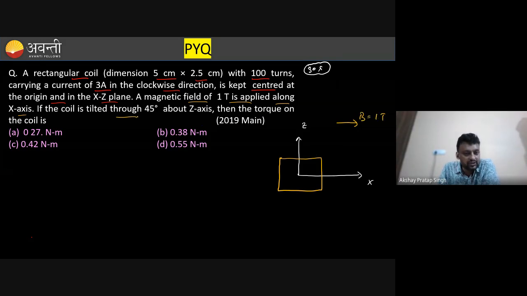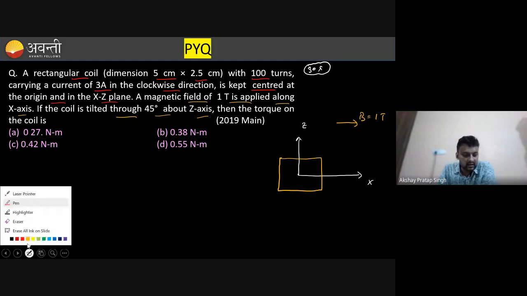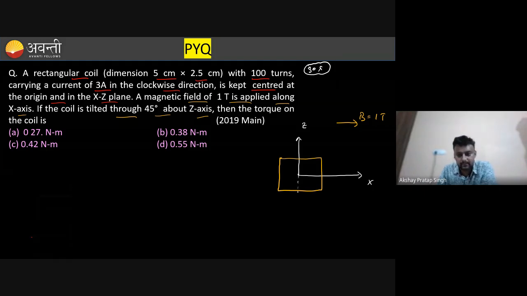If the coil is tilted through 45 degrees about the z-axis. Now what is the z-axis? As you can see, this is the z-axis. If this is the sheet and you want to shift it, then it will be about the z-axis. If you shift it, it will be shifted like that. About the z-axis, if you shift this sheet, it will be shifted in this direction. You can see my hand gestures. So if you shift this sheet by 45 degrees,